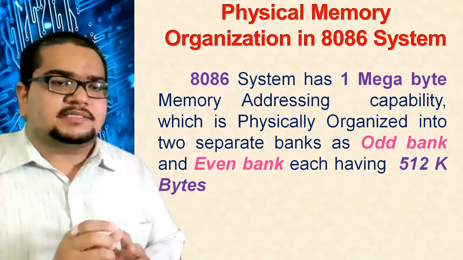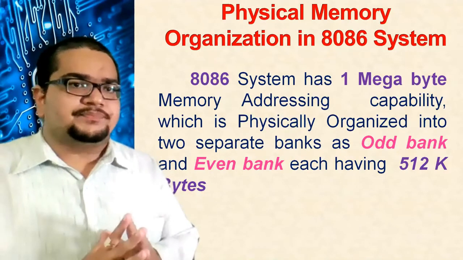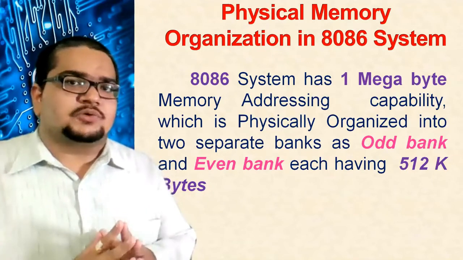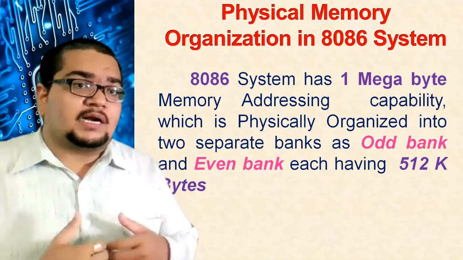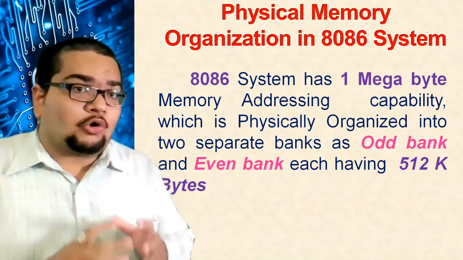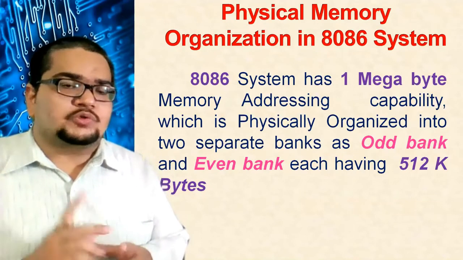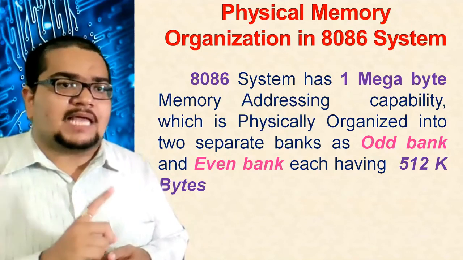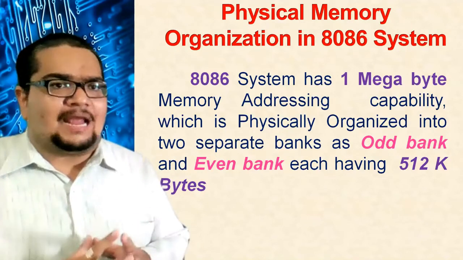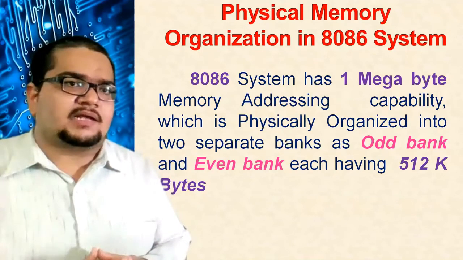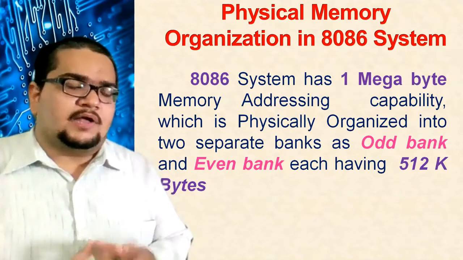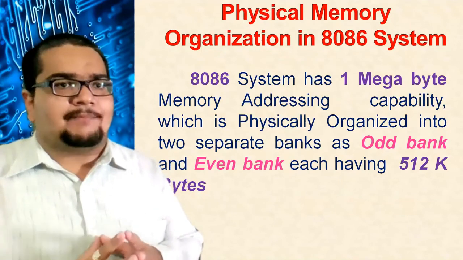Registers can store the data temporarily. Whereas if you want to store data for a longer duration of time, you have to connect a ROM. So this 1 megabyte of memory you can connect as a ROM, or even as a RAM, or a mixture of them. Half part I'll connect as RAM, and the other half I can connect as ROM also. I hope you understand the difference between ROM and RAM memories.